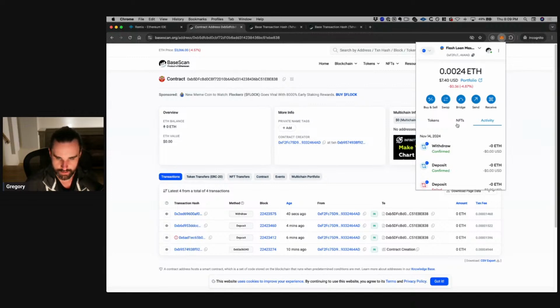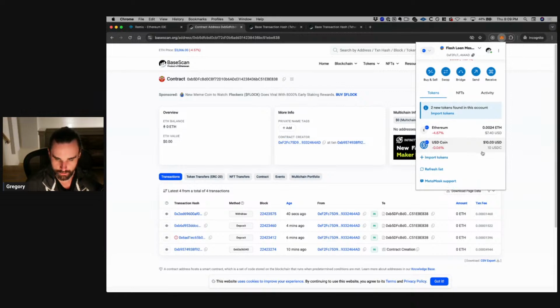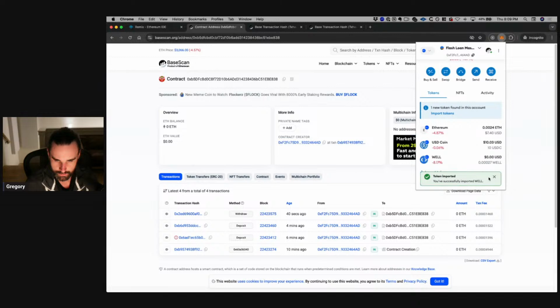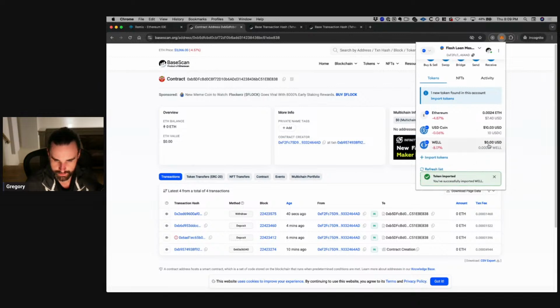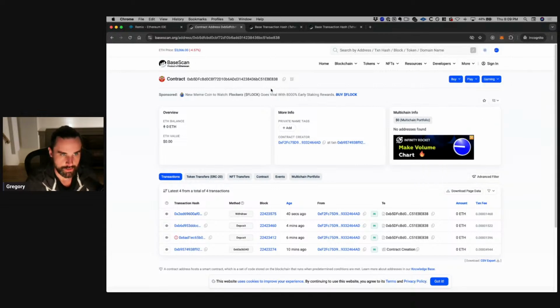Okay. So now I can see I've got basically my $10 of USDC back. I actually got a little bit extra, because I got a little bit of passive income and I also got some well tokens, which I can import. You just search for Moonwell. And it's dust. It's not even a cent because we just did it for a couple minutes, right? You need some time in order to actually accrue some passive income. But, yeah, you can see my well tokens there. All right. So now let's explain the code.